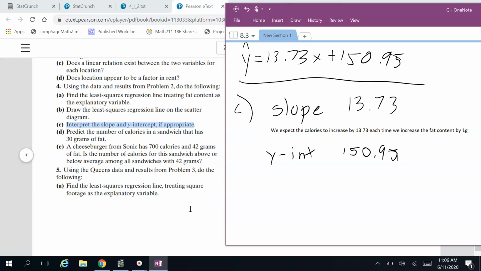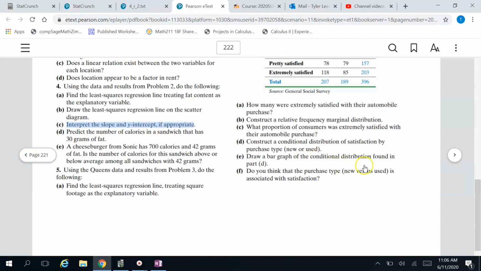The first reason is if it just doesn't make sense for the question. The y-intercept occurs when the x value is 0. Remember, the x value for us was fat content. Does it really make sense to have a cheeseburger with 0 fat in it? Probably not, right? But the other possibility is if, in your table, let me go back to the table here,